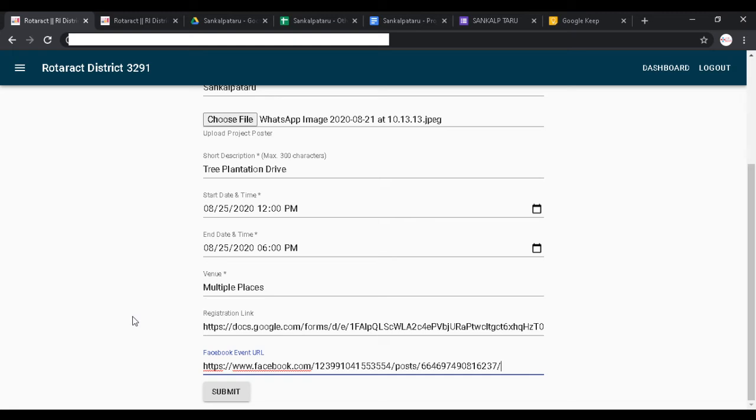How this helps is, since you can only fill a few details regarding your project in the short description, everything else can be added on these particular social media links. So this is an optional field, but you can still go ahead and make sure you enter these social media links, so whoever is going to view your project knows a lot about it, knows everything about it. So once everything is done, I'll just select submit.